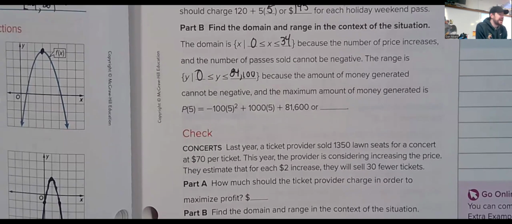And because it can't be negative, right? The parabola would definitely go into the negatives, but based on the situation, we can't have it negative. All